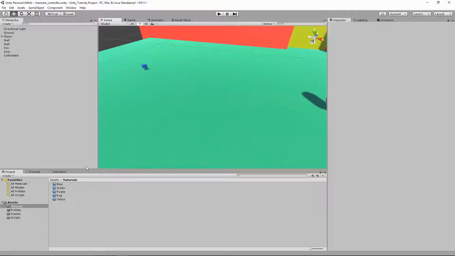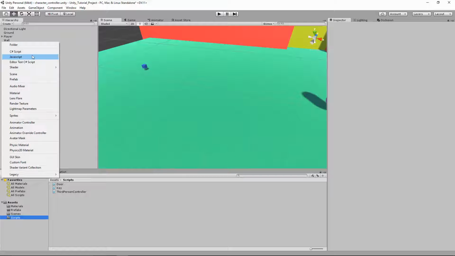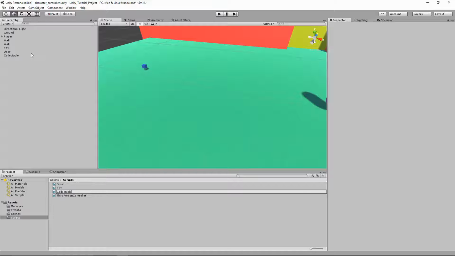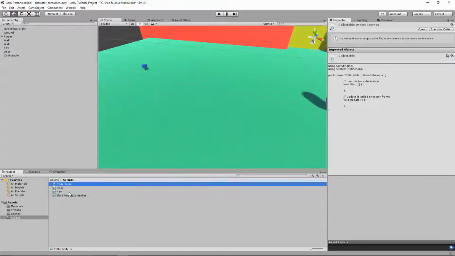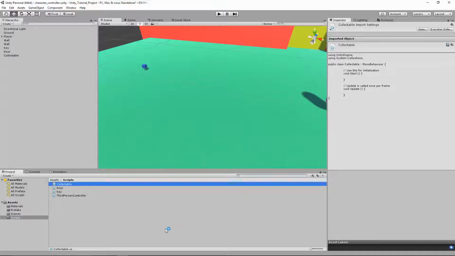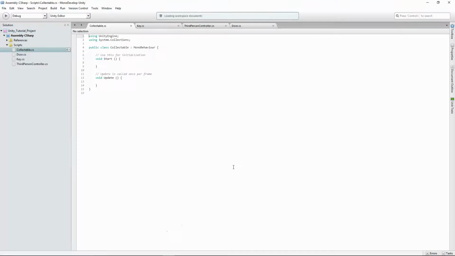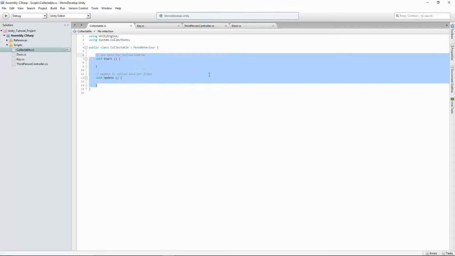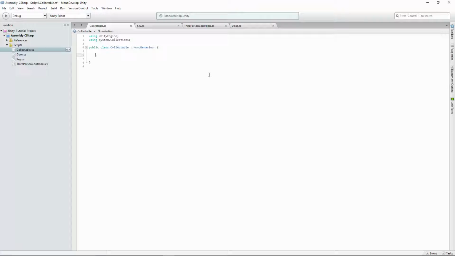Now that we have the art, the visual element, we need to make our script. So go to scripts, create, C# script, collectible. I'm going to open up collectible. And like with our key, we don't need any of this stuff, so we can get rid of start and update. I have an empty script. Just to make sure it's clear, we still have our public class Collectible MonoBehaviour and its 2 curly brackets, and inside those curly brackets is where everything's going to go. So let's add our OnTriggerEnter